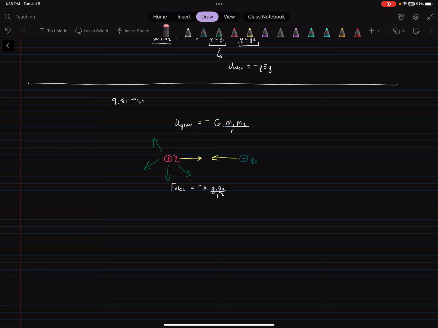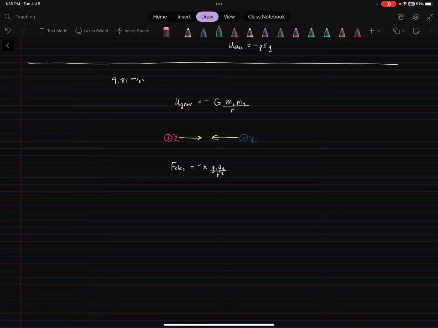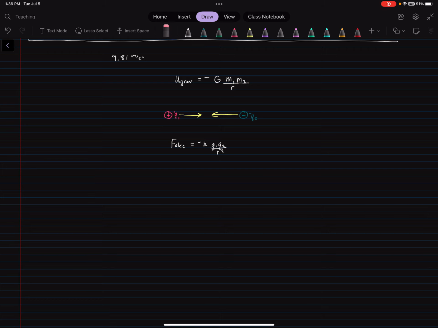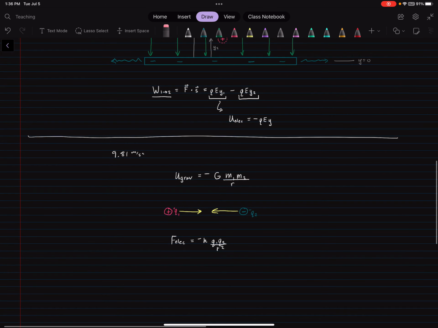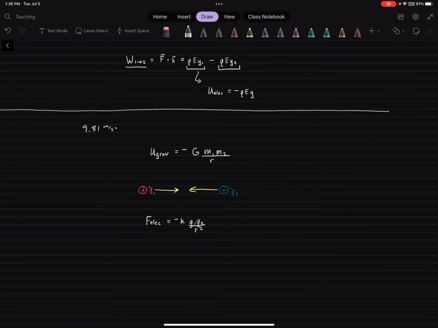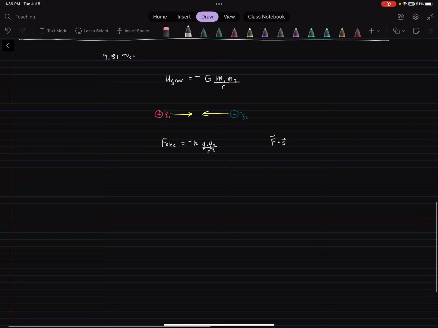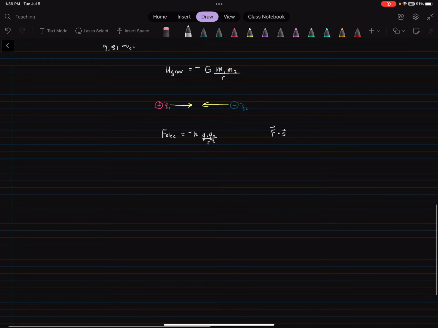And so this is a force acting through a distance, and so this would be work, right? And so you would have a difference between two potential energy positions, right? From, say, R1 to R2, right? And so in the same way that we developed it up there, we have an F dot S type situation, right? F dot S, right? And they are going to be along the same axis as each other at the very least. And what we get out of this is the electric potential energy term,